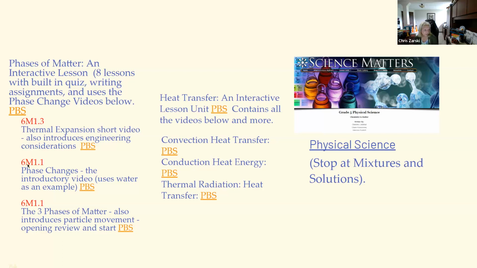So in this case, I've just sort of shown you where they link in. And again, you've got a heat transfer one here where it talks about convection and conduction. So a little bit outside of, but somewhat still within, what we want to talk about. Physical sciences is an entire unit that you can go into. It lets you go through and choose all kinds of different pieces, but you obviously are going to want to stop at mixtures because we're not getting into that for grade 6.